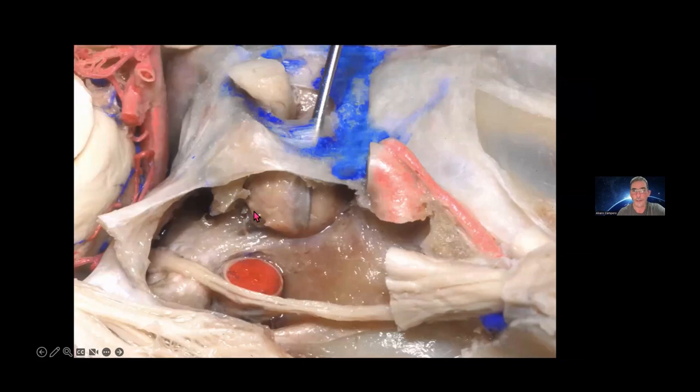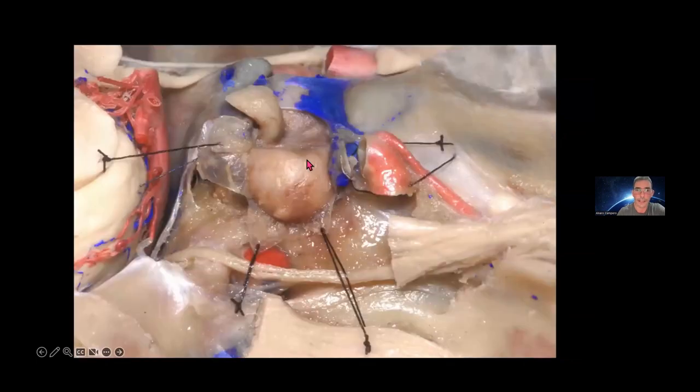So here, on the right side, we can see a dissector, the pituitary stalk, diaphragma opening, and a dissector between the pituitary gland and a very thin wall of dura mater that is the lateral wall of the pituitary fossa and also the medial wall of the cavernous sinus. And here we open that lateral portion or lateral wall of the pituitary fossa, and we can see directly the